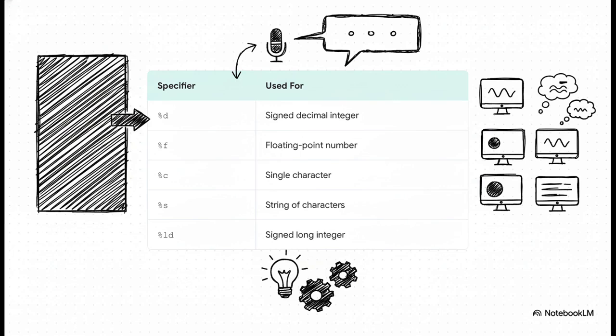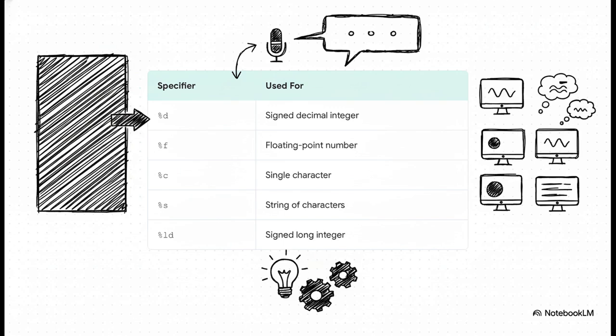And this is where format specifiers come in. In that last example, we used %lu because that's what the sizeof operator returns. These are special codes you put inside functions like printf to tell them what kind of data to expect. So using %d for an integer or %f for a float makes sure that the value is displayed correctly. It's kind of like you're telling printf how to translate the raw bytes of your variable into text that a